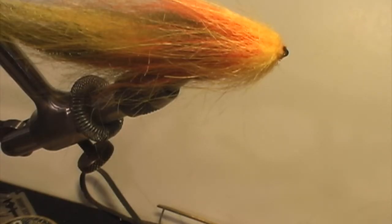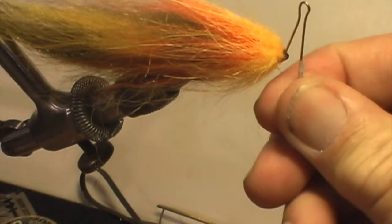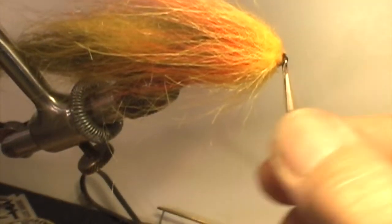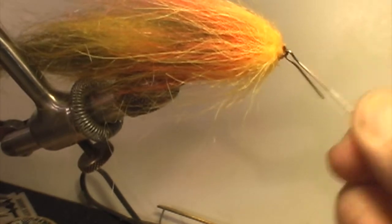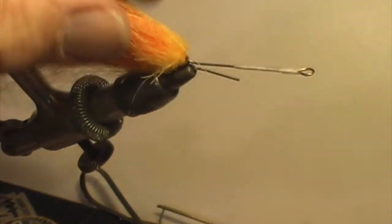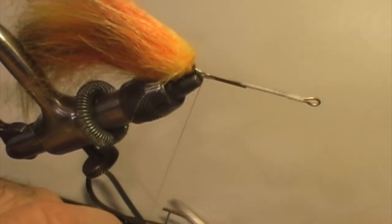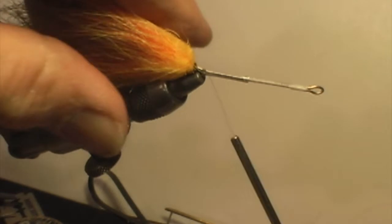Now we're ready to add our next shank. We've already prepared our next shank. We know what's going on there. Make sure that it moves freely. I'll place that firmly in the vise and we'll wrap it in solidly. Now, as I said on the onset,